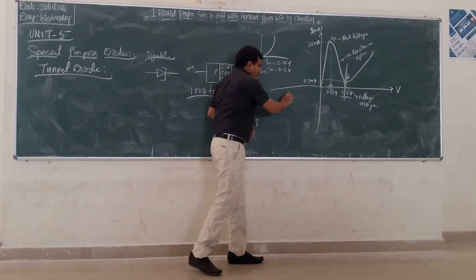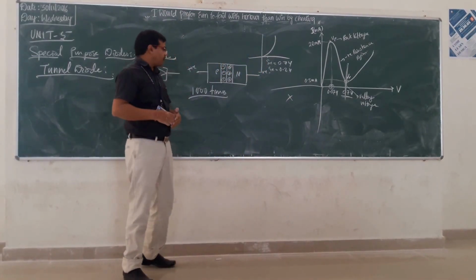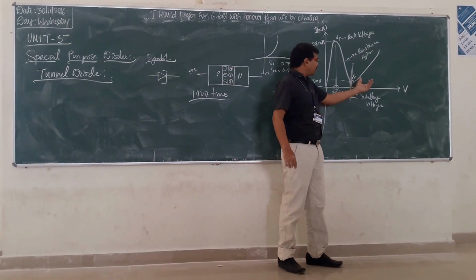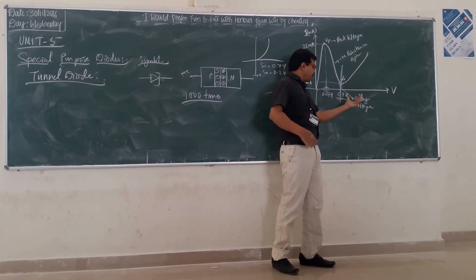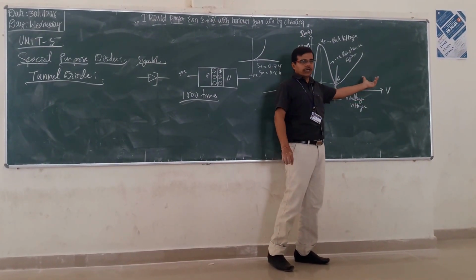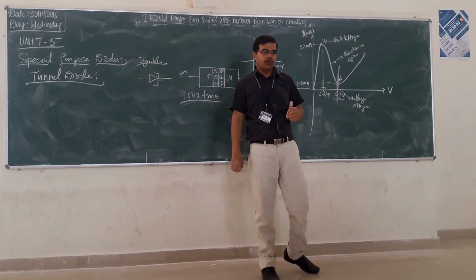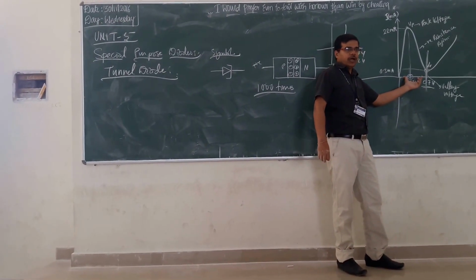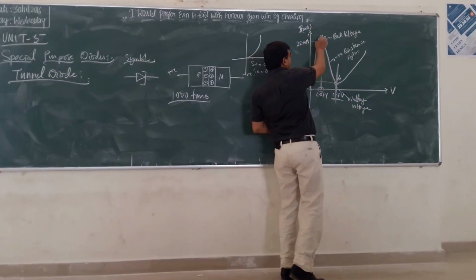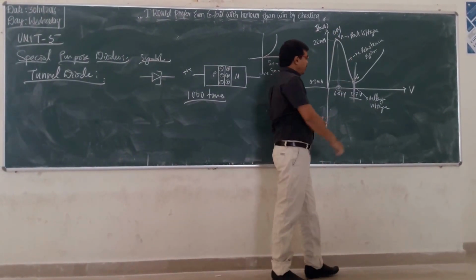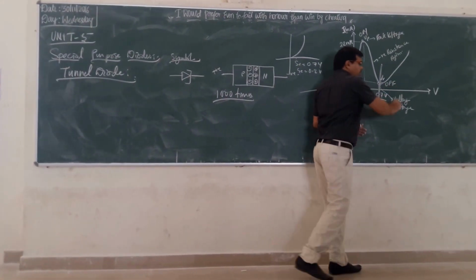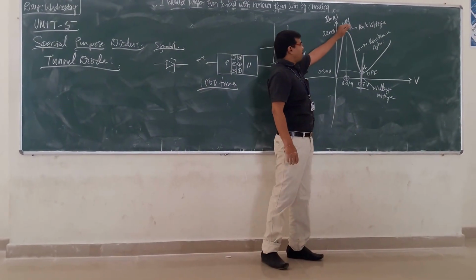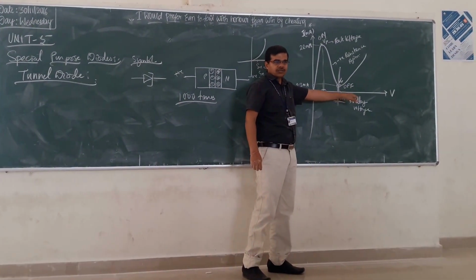So generally we don't go for the tunnel diode in reverse bias condition. And in forward bias condition also, if our requirement is above 0.7 volt, there is no need to go for the tunnel diode; we can go for the ordinary PN junction diode. If you want to use this area, then we will go for the tunnel diode. Here we can consider this as on, and this as off. So we can use the tunnel diode as a switch where we can go from the on to the off state.